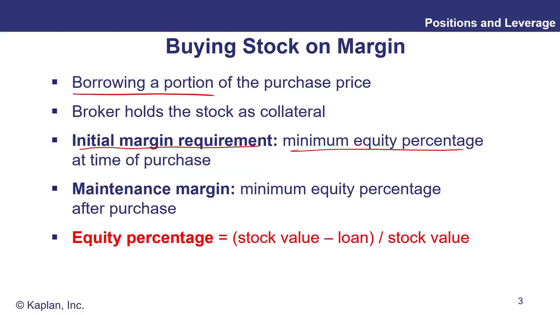Now when we buy stock here, this is a long position, so we'll gain if the asset increases during the life of our position, and we'll lose if the asset falls in value. Now, when the asset falls in value, the lender of the margin here, they're going to get a bit worried. They're going to be worried that you're going to default and not repay the loan. So they may well execute a margin call. You need to top up that margin payment, top up your equity percentage at some point after purchase. And that will happen at a preset position, which we'll look at with some numbers in just a second.